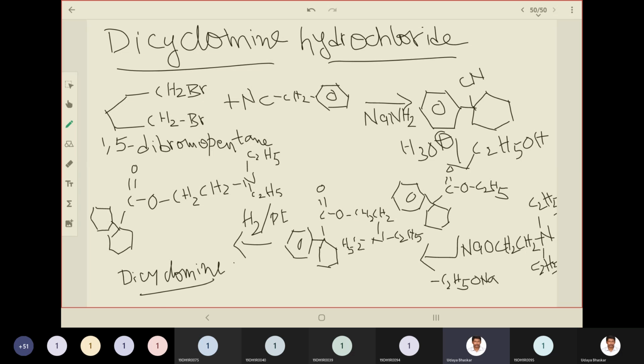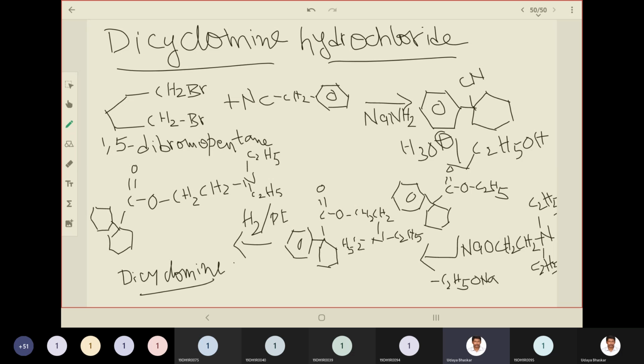So the steps involved in the synthesis of dicyclomine can also be constructed retrosynthetically. I guess this is somewhat lengthy. I have tried other syntheses to shorten it, but I didn't feel it is rational to cut this synthesis. Okay, so I just felt to give you the full synthesis. So the starting materials are 1,5-dibromopentane, okay, open-ended, and the other one is benzyl nitrile.